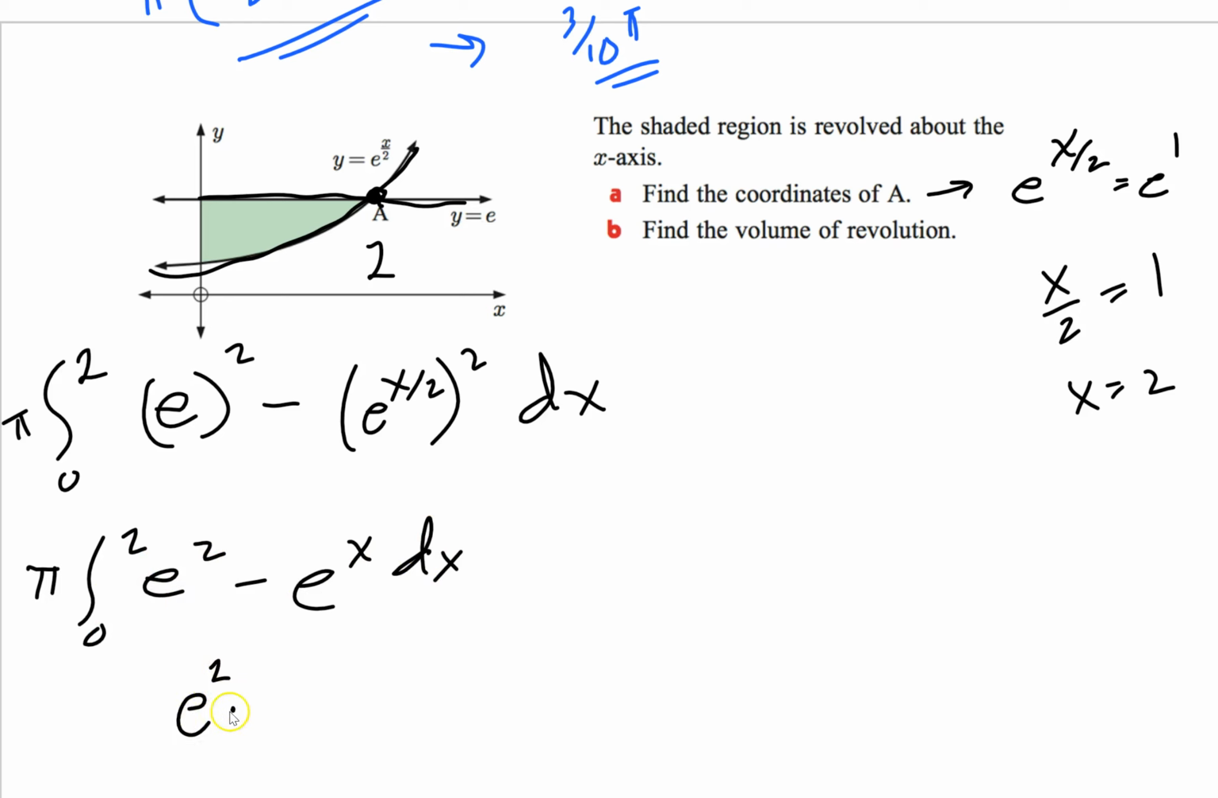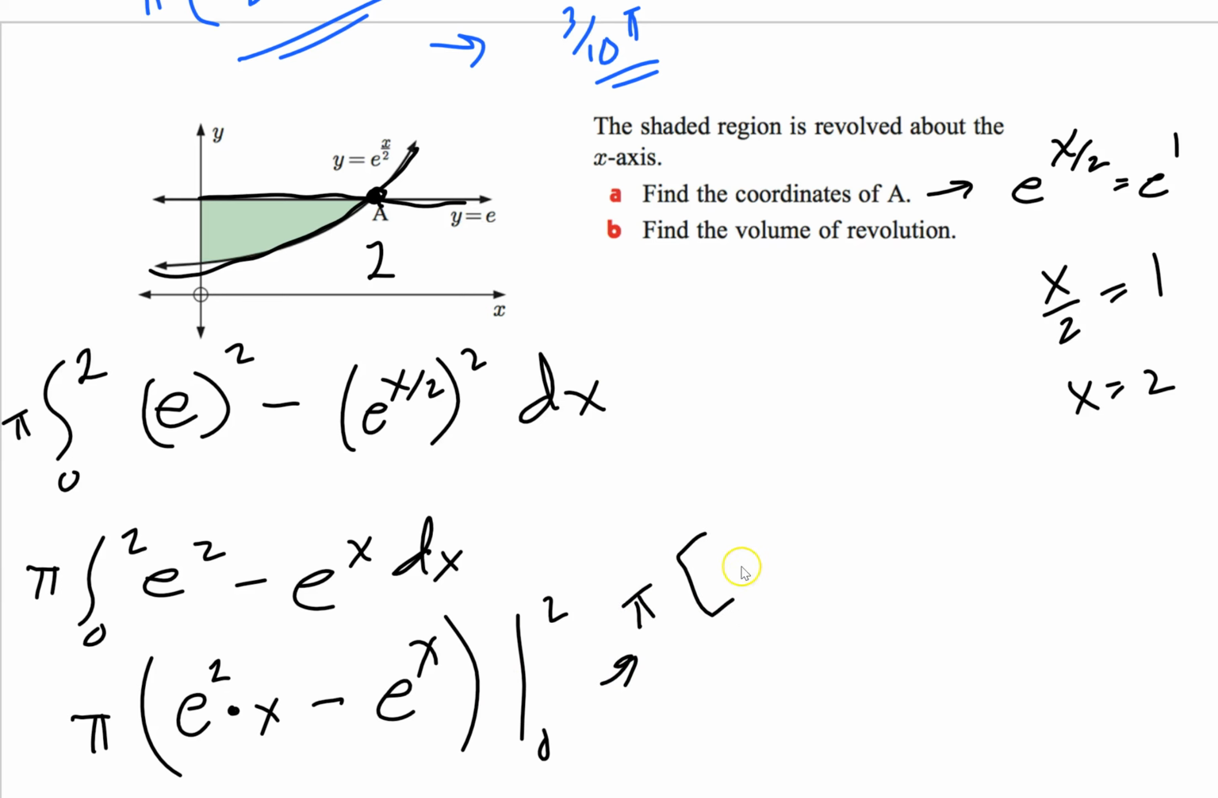So e squared times x. Now remember, over here we're integrating e to the x. The integral of e to the x is e to the x. Again, we're doing limits, so we're going to go from 0 to 2. Now we just plug that in. It's going to be pi times, plug 2 in, 2e squared minus e squared,